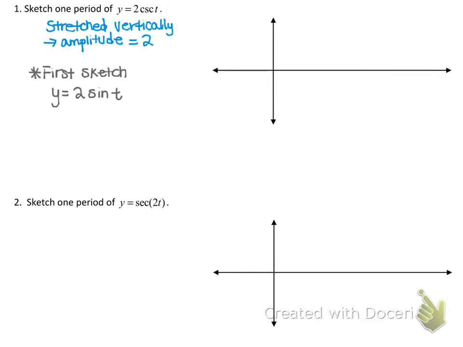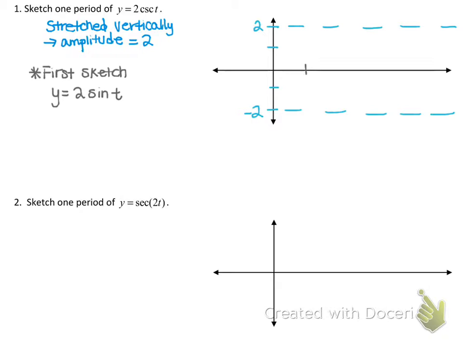So if I did that, then I'm going to have an amplitude at 2. And since all we did is stretch it vertically, the values